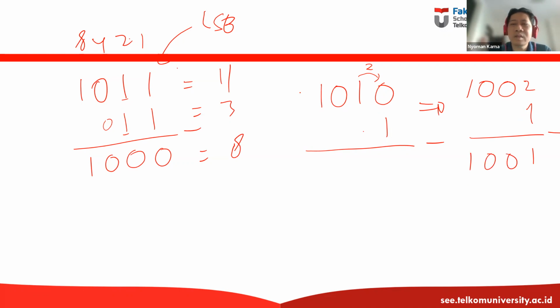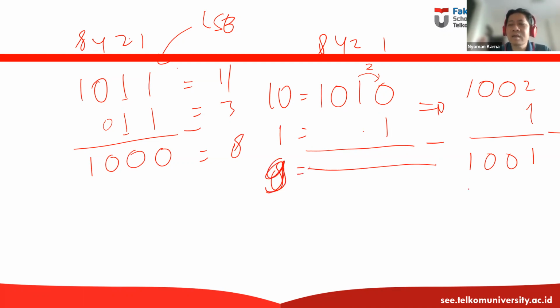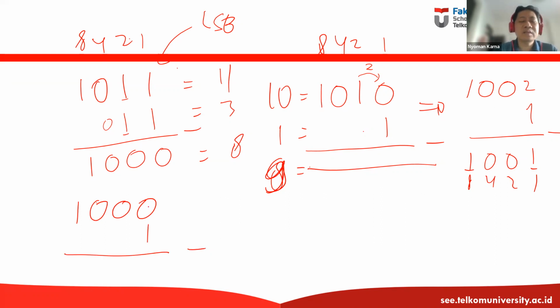Is this correct? This one has the value of 10. This one has the value of 1, and this one has the value of 9. 8, 4, 2, 1. 8 plus 1 is 9. Okay. How about a second layer of borrowing? Let's say I have 1, 0, 0, 0. And I'm going to subtract this number with this one. 0. Oops. You cannot subtract 0 with 1.